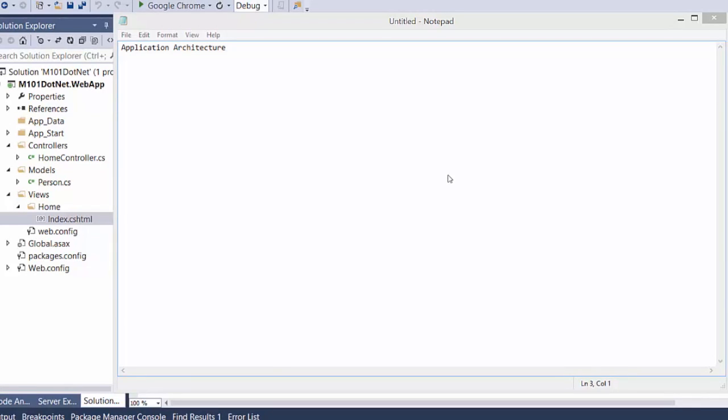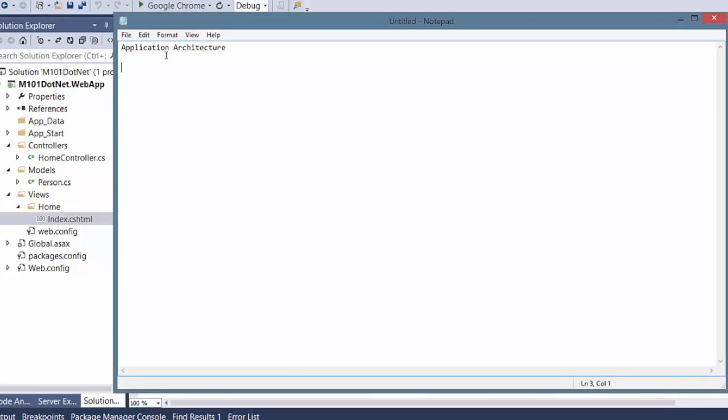So let's talk about application architecture using .NET. First of all, let's start more general. Most likely you're going to have a UI somewhere that's displaying this kind of stuff, and if you don't, that's fine. But most applications using MongoDB are going to have a UI somewhere, and most likely that's going to be a browser. So Chrome or Firefox or Internet Explorer is going to be talking via HTTP or HTTPS over